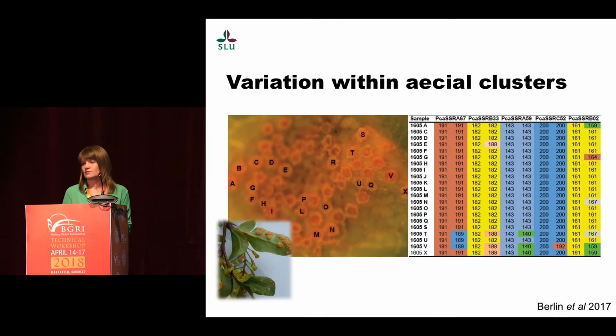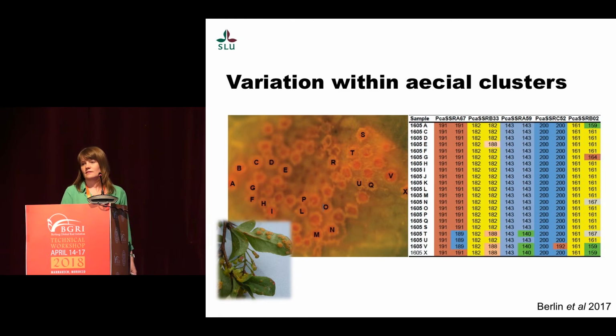So we were interested in the diversity on barberry and the detailed diversity. From my colleagues' work on the pine blister rust, they showed that each aecium is a single individual. So I wanted to test if it's the same for stem rust and crown rust. So we collected aecia, and then we cut out these